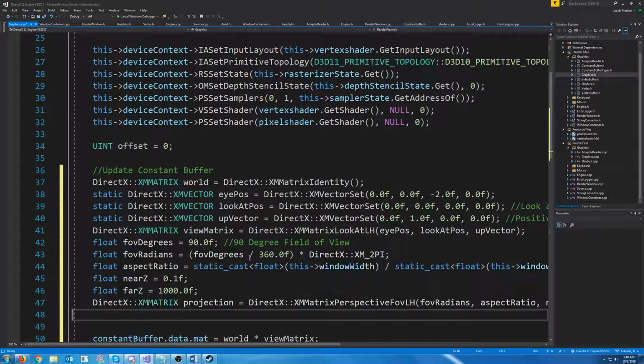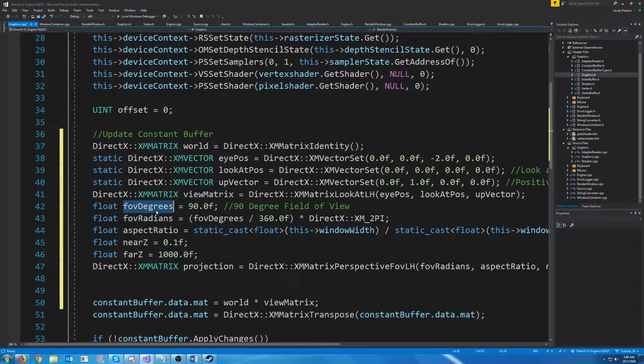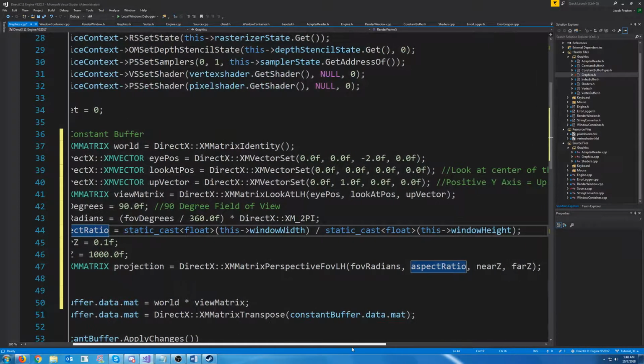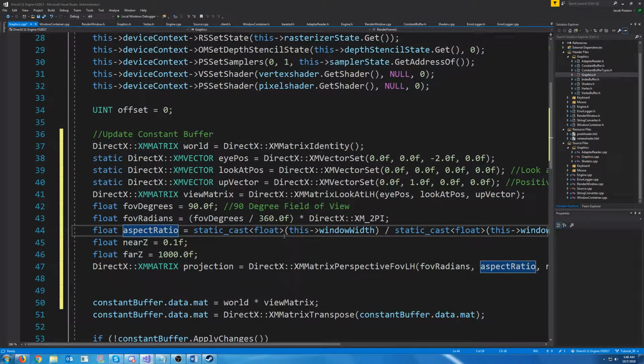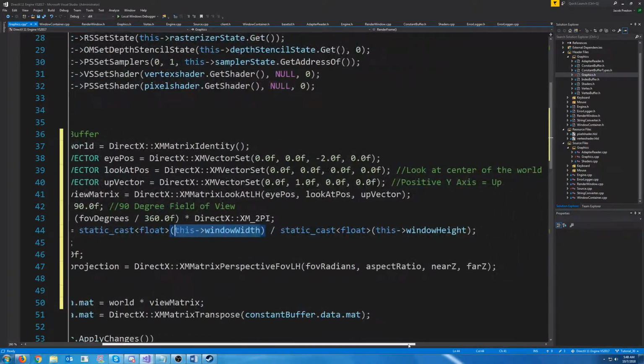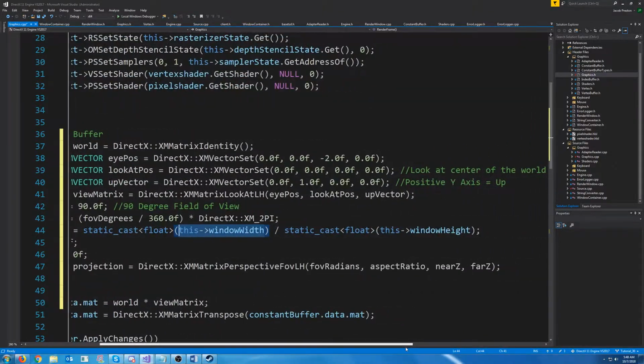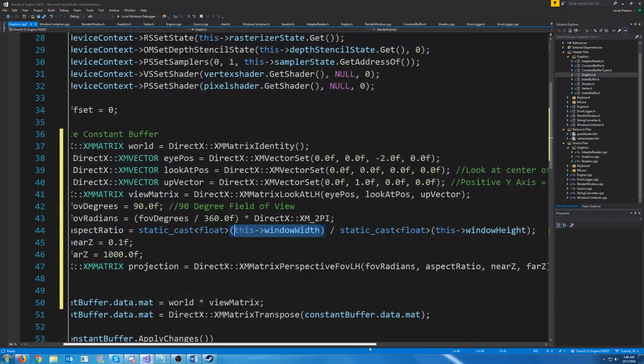And the way that we are going to do that is first determine our field of view in degrees. We will convert that to radians by just dividing by 360 and multiplying by 2 pi. We need to get our aspect ratio, which is just going to be our window width divided by our window height. Note that we are casting these to floats because if we don't, then we will get integer division, and